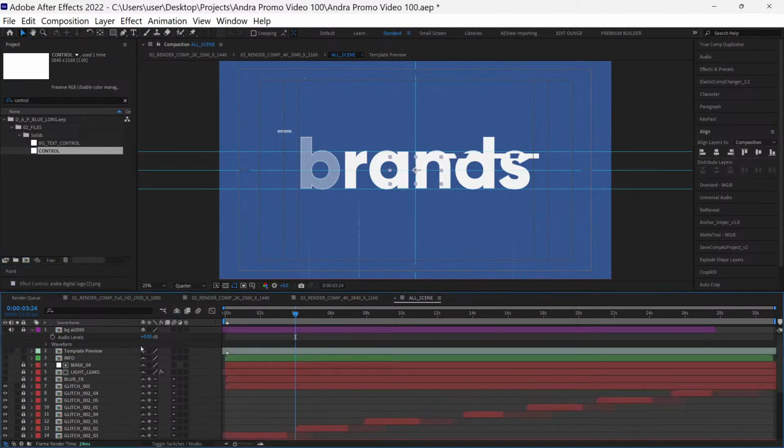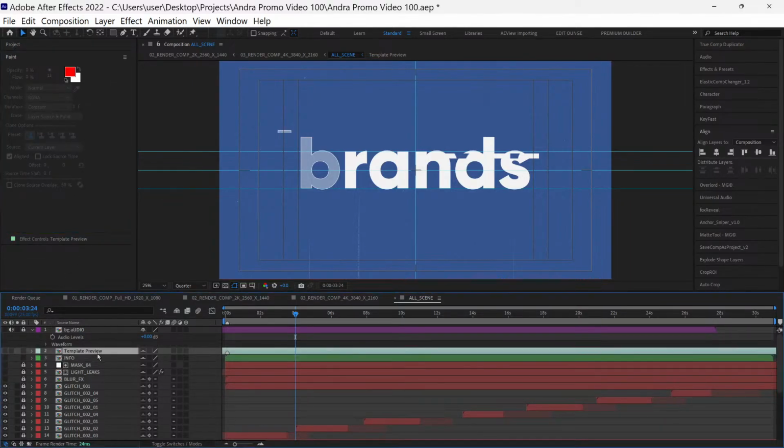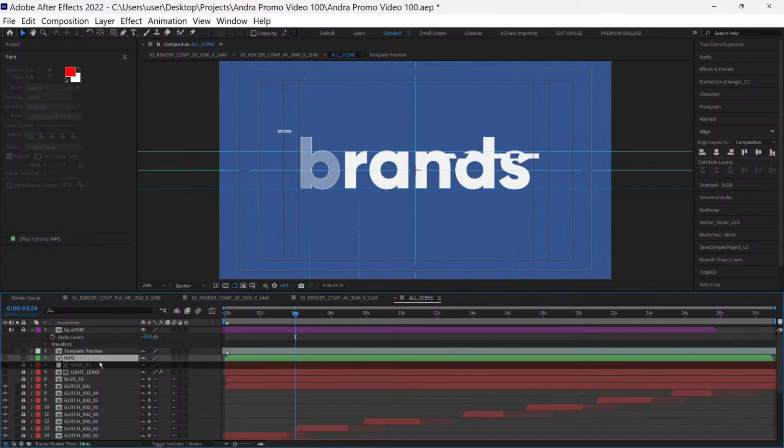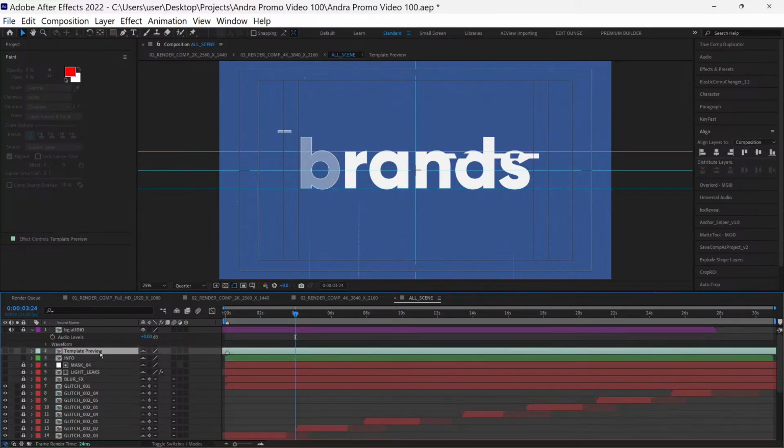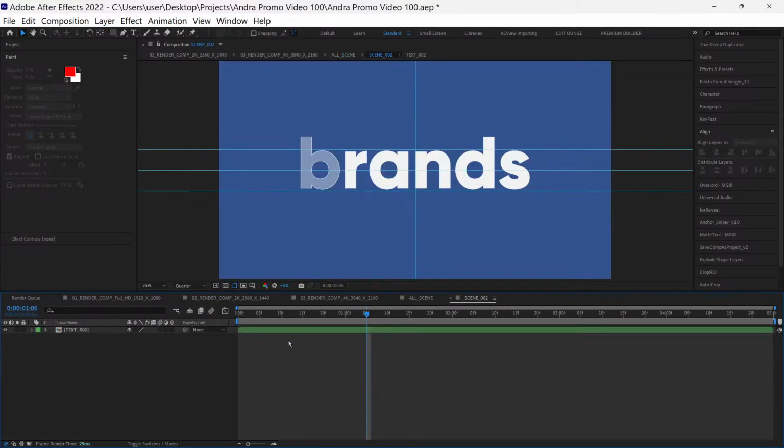Well, a lot of other times it's going to be, let me see, effects controls, path, yeah, control layers, control. So maybe for this template, it's probably nested in any of these,